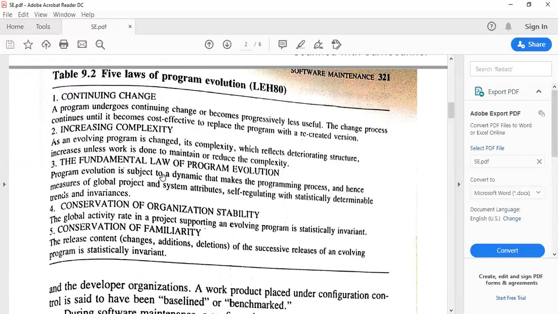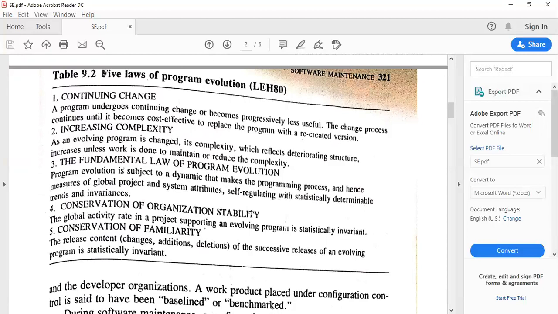So program evolution is a dynamic one, it's not a static one. If there is some correction, the evaluation will be made dynamically on the program process, and it measures the system attributes and statistically determines the trends and invariances.